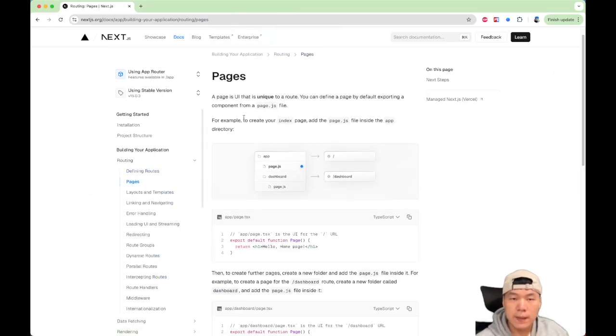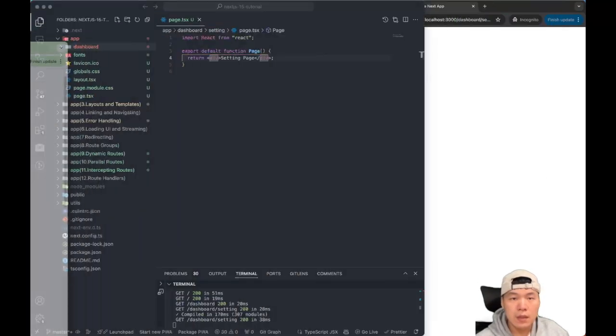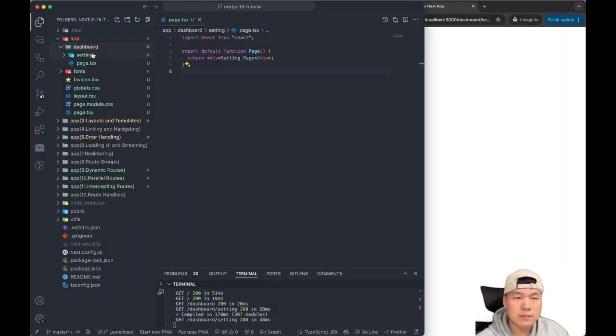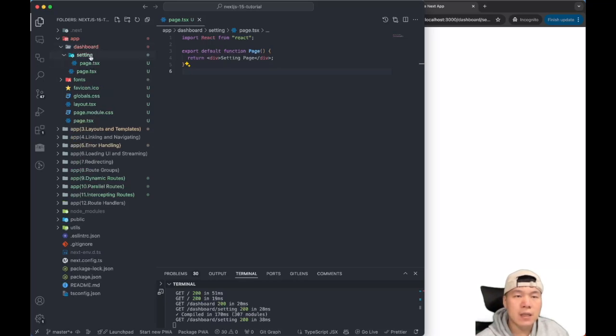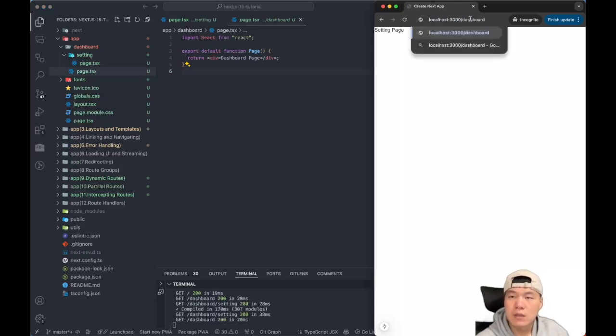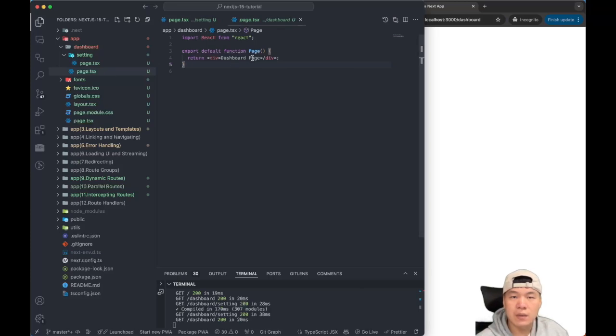So a page is a UI that is unique to a route. Okay, like if we see in the code, we have pages under the folder, and we have a page file under setting and a page file under dashboard. The page file is actually the UI. So whatever you have in the URL, you're going to see the UI here. Like we have a dashboard